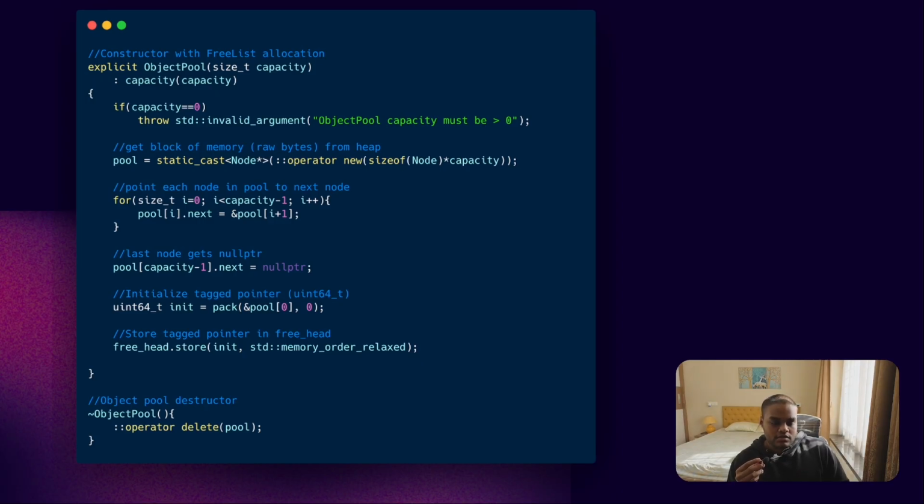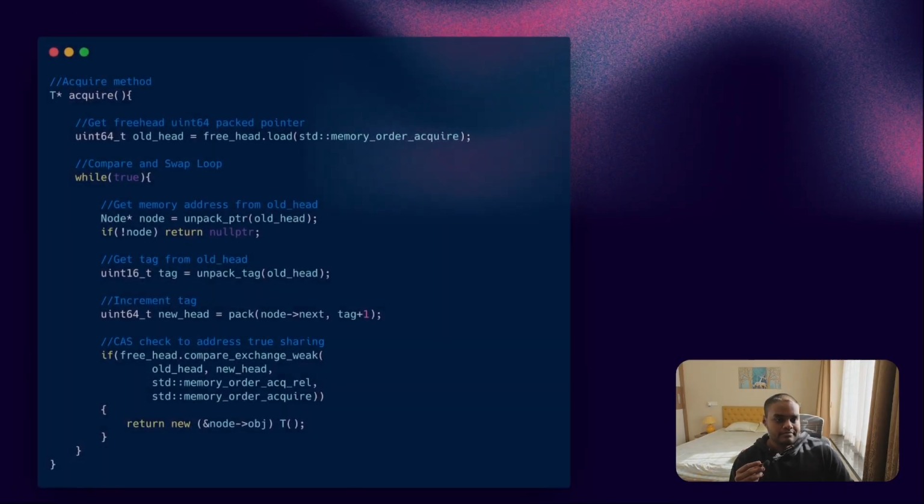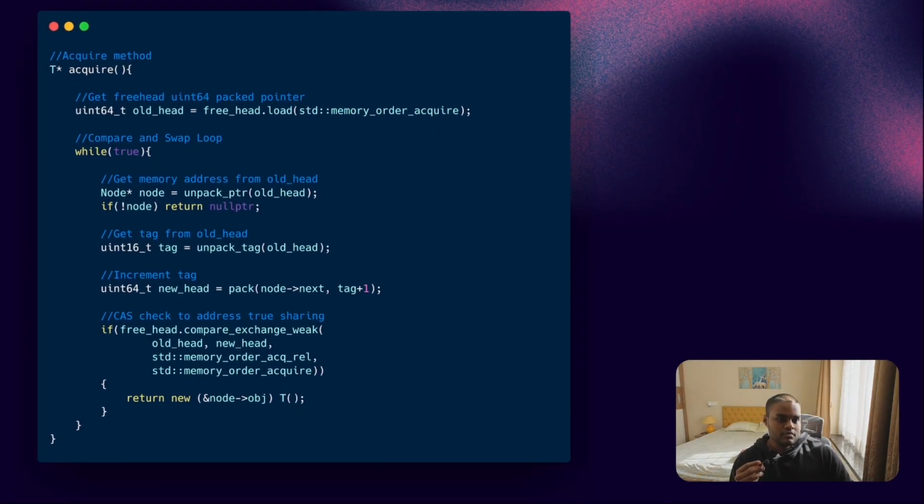Memory order relaxed basically tells the compiler that this is atomic. The acquire method, again, about the same. You get the current free head into an old head variable,